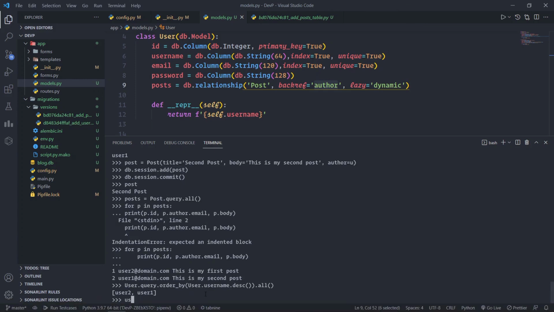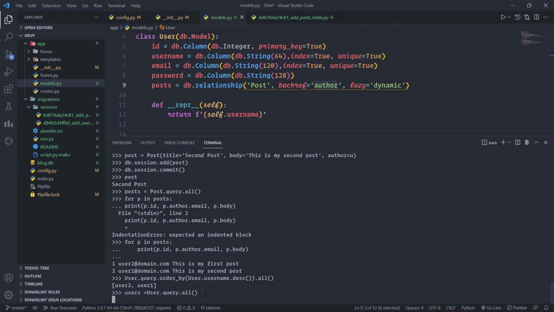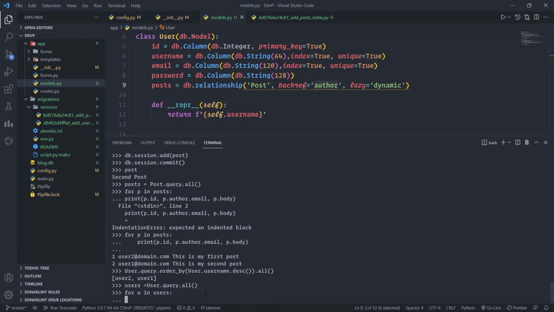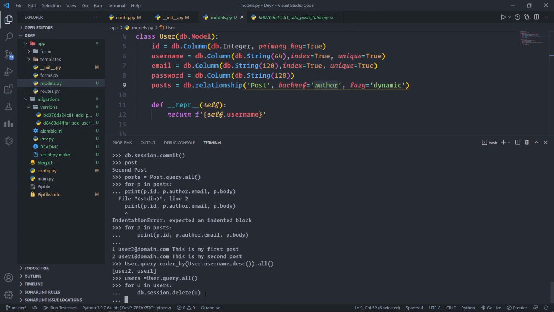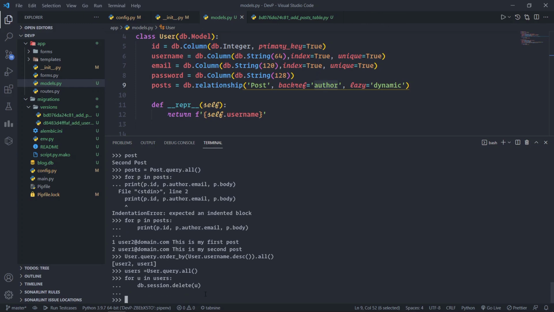So first of all, let's fetch all the users. users is equal to User.query.all. For u in users, make sure you indent it here, db.session.delete, and what should we delete? The user object. Cool, deleted.